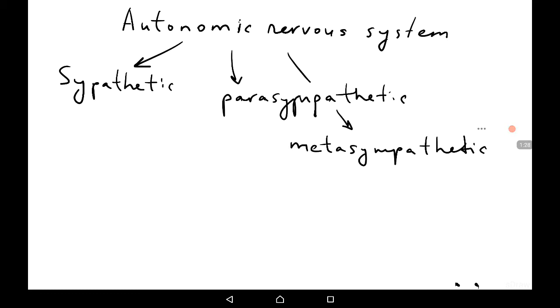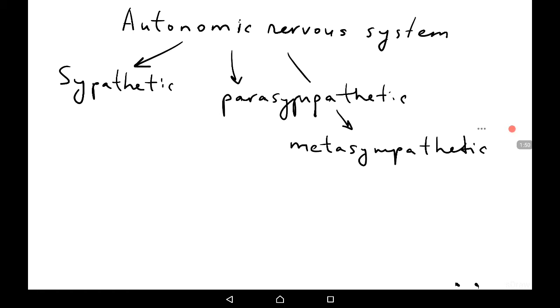The enteric nervous system, located in the plexuses of the intestine, is an example of the metasympathetic nervous system, which is produced by local reflex arches found in organs with motor activity, for example in the stomach or